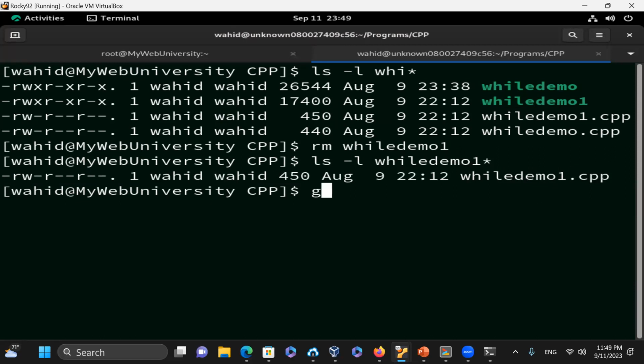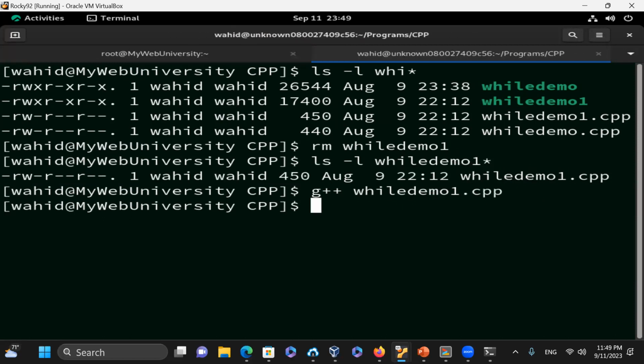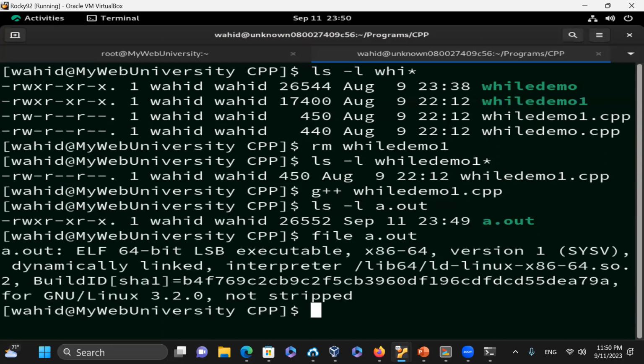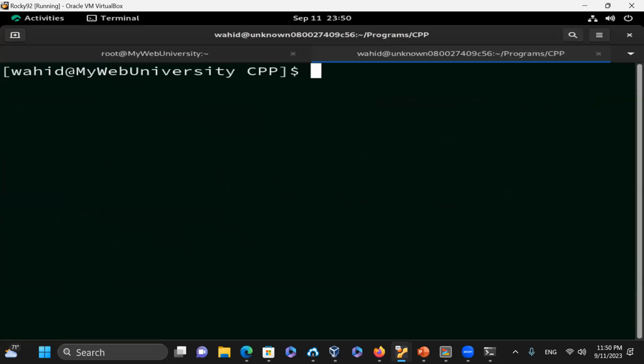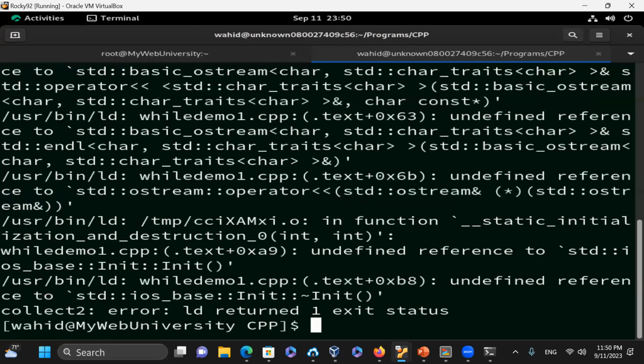If I just say g++ and then while demo1.c++, by default it creates an a.out file. File a.out is a 64-bit executable link format, as you can see here. So I can run a.out and it will show me the odd and even numbers. But at the same time, if I say gcc -o while demo1 from while demo1.c++, now I just created